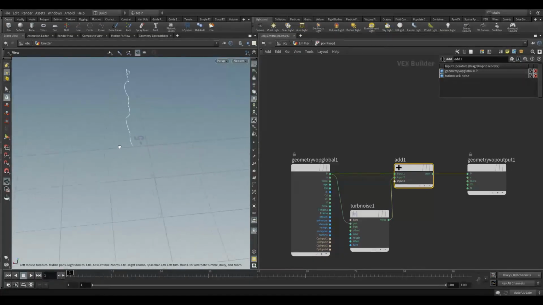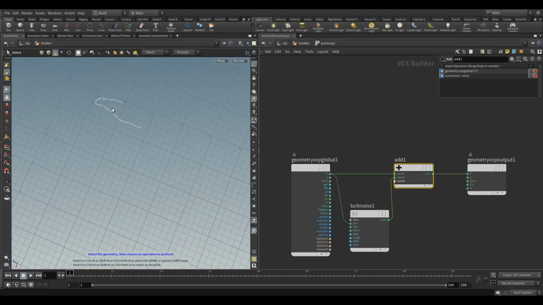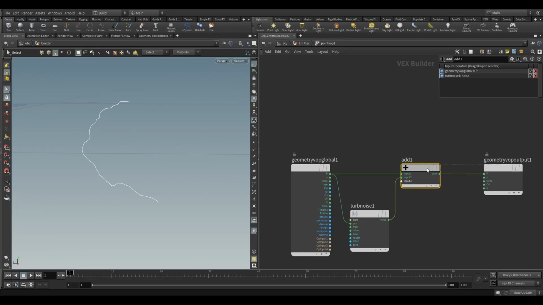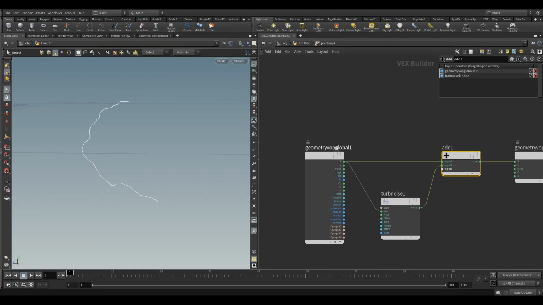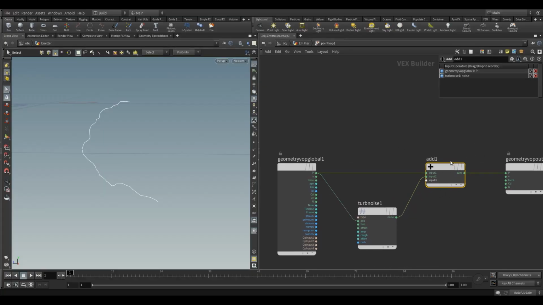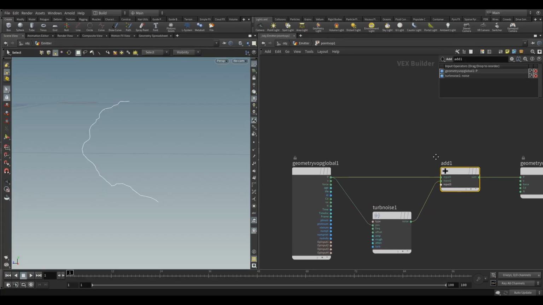What I'd like to do is only move the points in one direction. Okay, only in Y. So I need to separate. Here I've got a vector, the position, which is X, Y, and Z, and they're all together. So I need a way to split that to keep X and Z separate, apply some noise to Y, and then bring them all back together. Okay, so how we do that